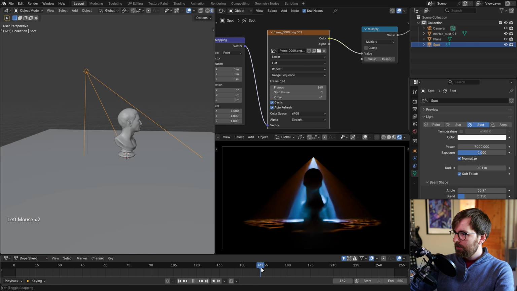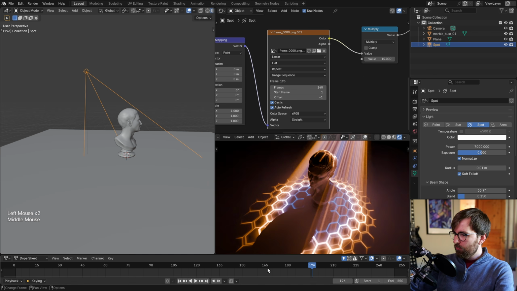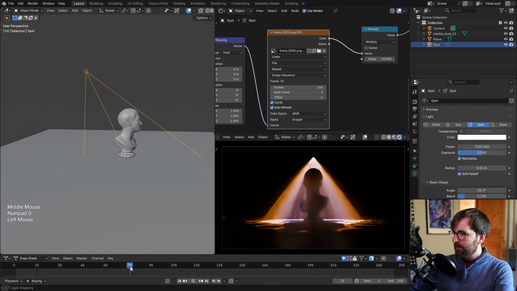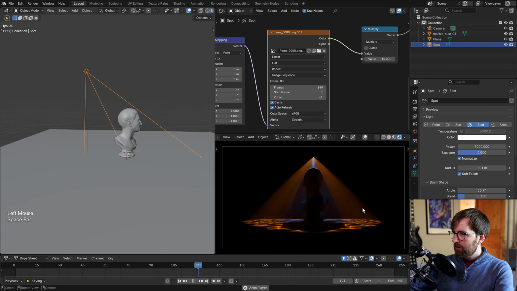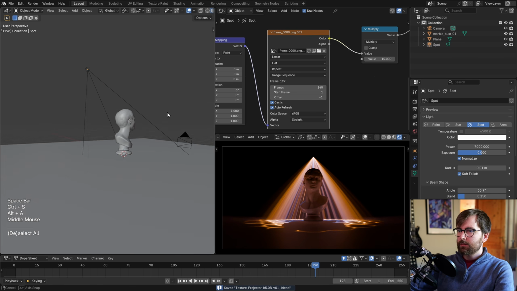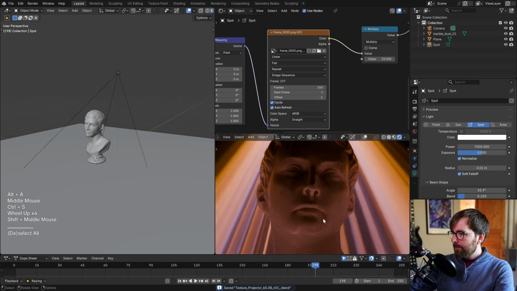That's good. So now you can see we have a little bit of a smaller grid there. I think that looks better. Nice. Maybe we should